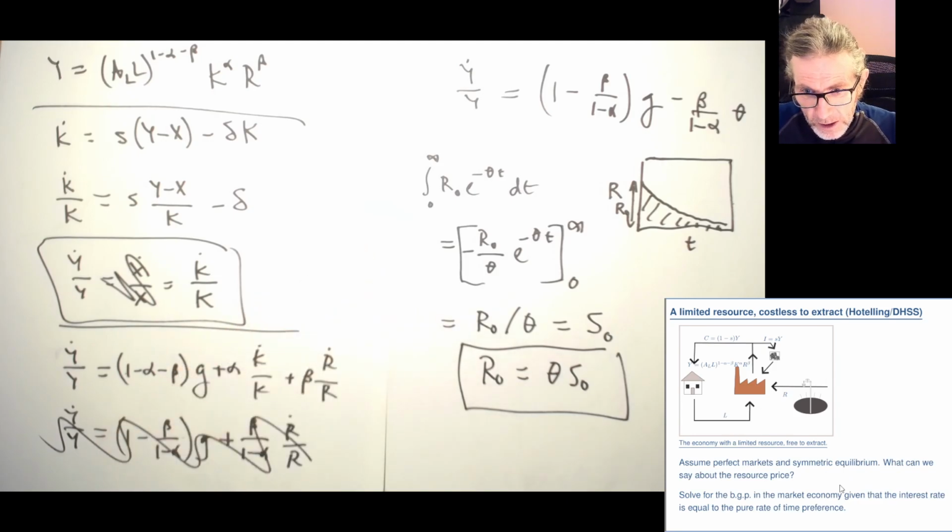Assume perfect markets and symmetric equilibrium. What can we say about the resource price? I don't know if you can read this, but